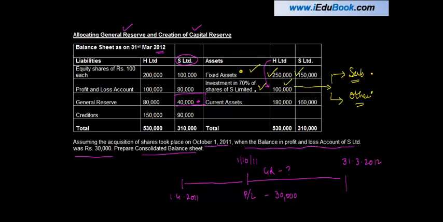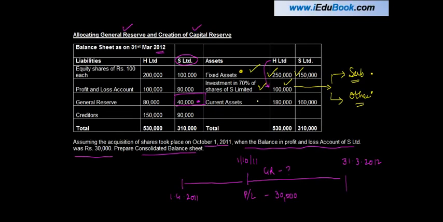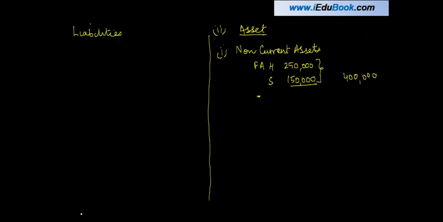In this case, we know that this entire investment is in respect of S Limited, so we will just straight away take it to cost of control. So we will take investment, and this is for the 70% stake. So we have minority 30%. 1 lakh is what we have invested. Then current assets 180 and 160 gives you 340, right?